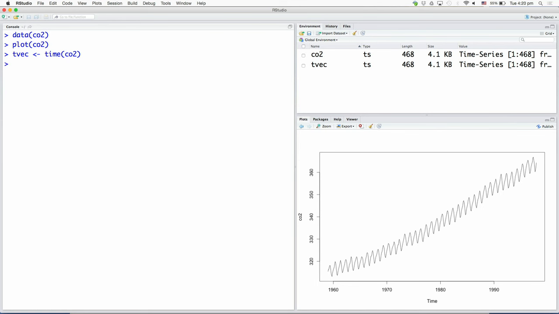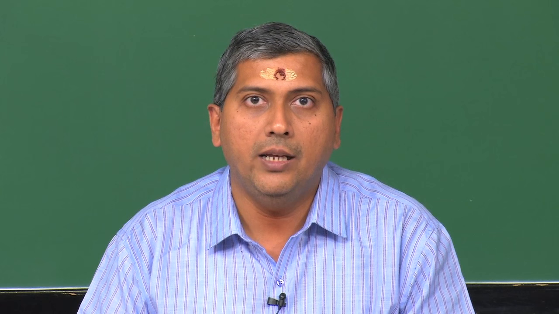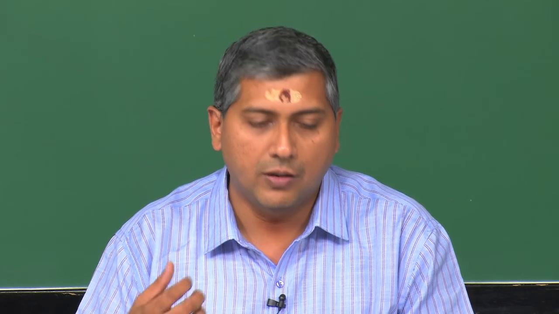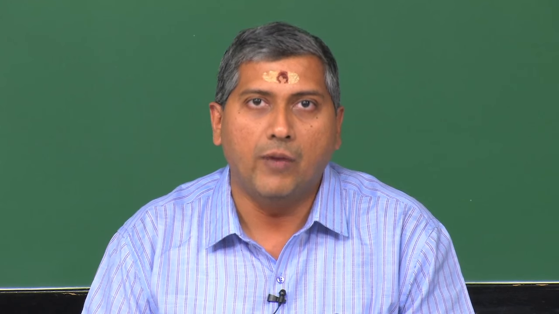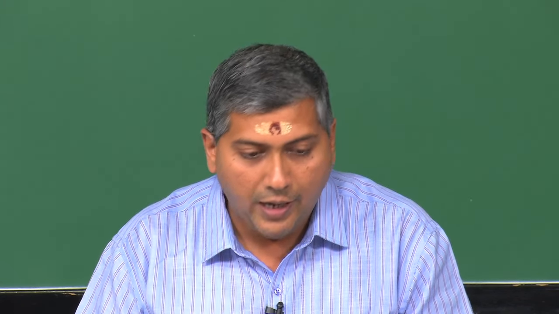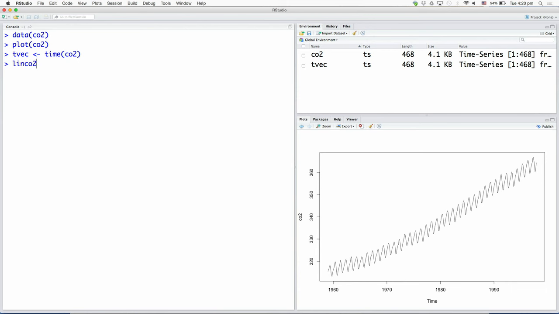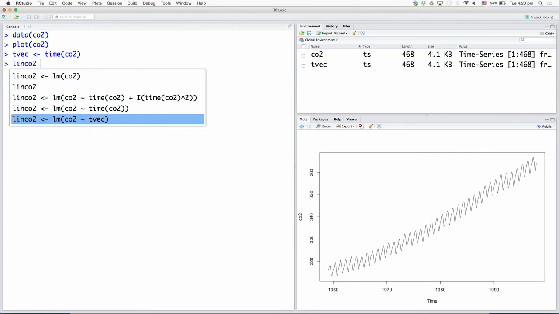Now, we could extract the trend using a routine known as lm in R. lm stands for linear modeling or linear models. The estimation algorithm underneath this routine is the standard least squares algorithm with a lot of other features as well. You could, for example, model only using a subset of data, you could supply weights and so on, but we are going to use the most plain or vanilla version of lm, and let us call this model lin CO2. That is just a variable name that I am choosing,